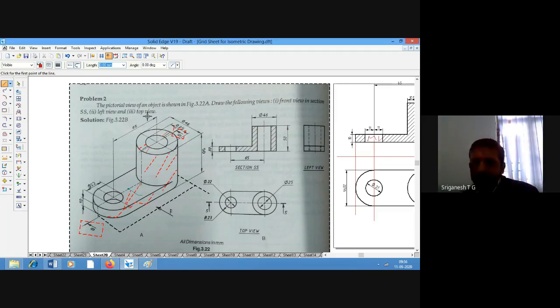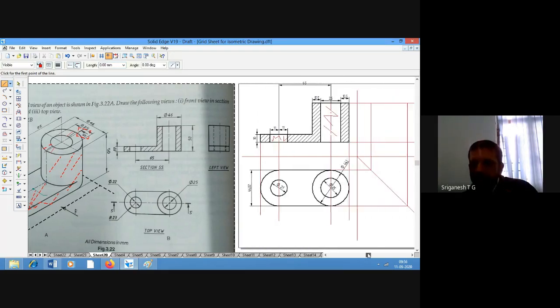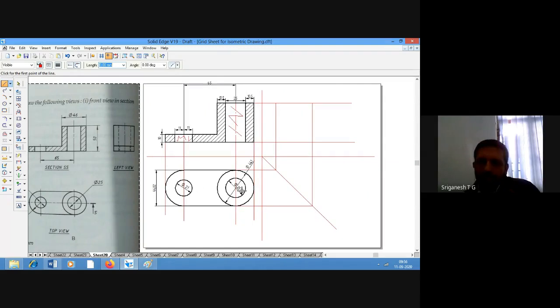They did not say top view in section or sectional top view. Usually you will get the sectional view in only one of the views, front view or top view or side view, not always.